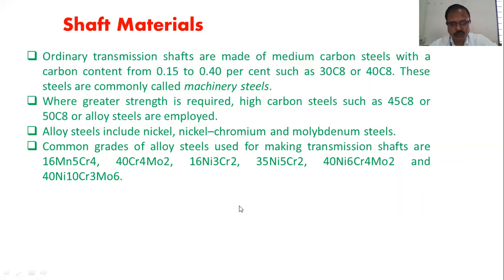Why chromium? Why molybdenum? Why nickel? Generally, chromium imparts corrosion resistance, and molybdenum, when it reacts with the carbon present in the steel, forms carbide, which imparts hardness to the steel,